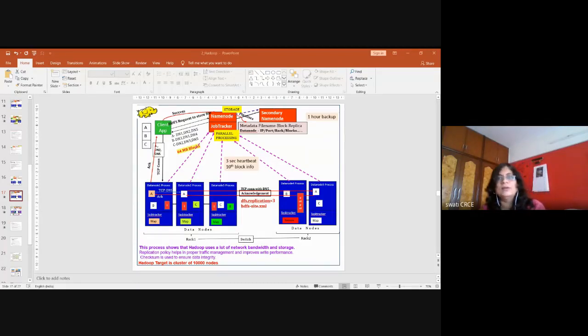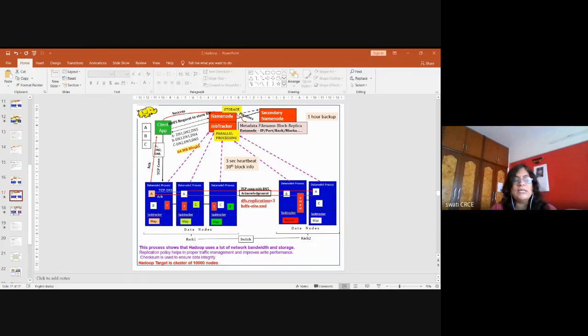Okay, so we start with today's lecture. Today I'm going to teach you the MapReduce programming algorithm for the word count problem. We're going to see word count, meaning the frequency of the words in a particular document, using MapReduce: how to do that and what is happening in the background.